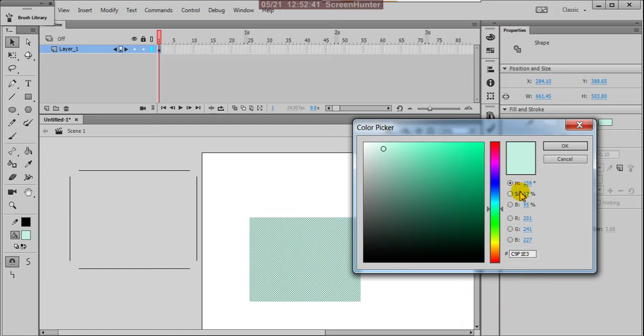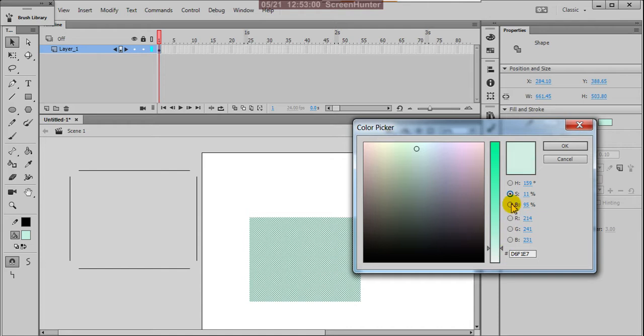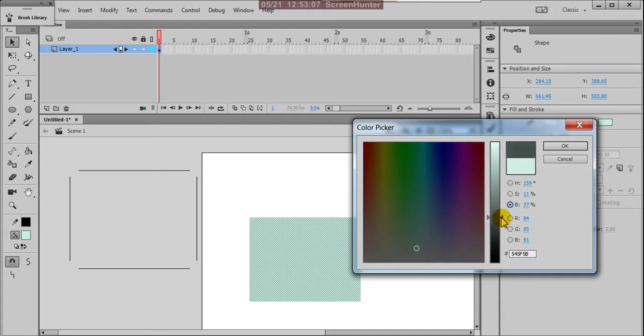Here hue, saturation and brightness are there. With saturation, you can increase and decrease the full color you are getting here, adding tints and shades. You are adding black bit by bit, and it goes to black.